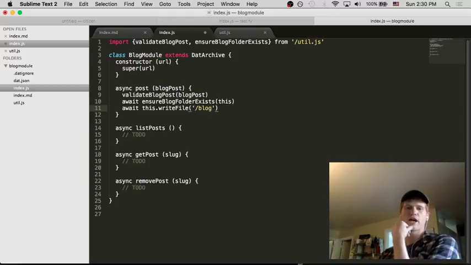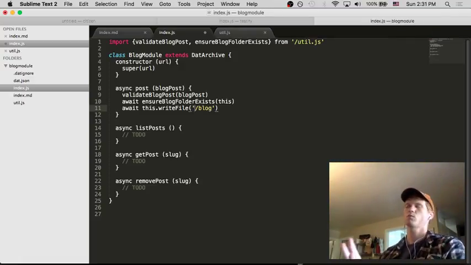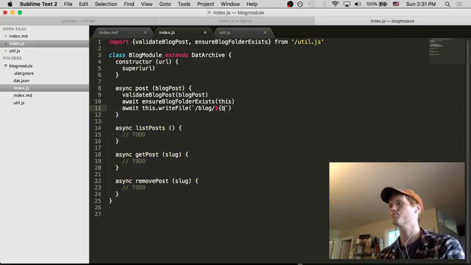We want to use the slug attribute as the file name of the blog post. And if the slug included something like a slash, we could get into some weird territory where you end up writing the blog post to a different directory. So why don't I go ahead and show how we're going to use the slug, which is like this,